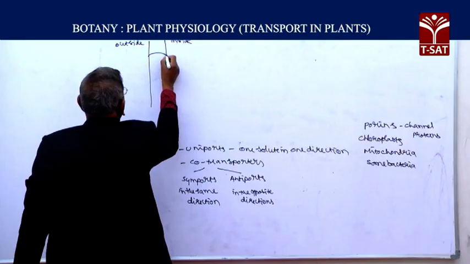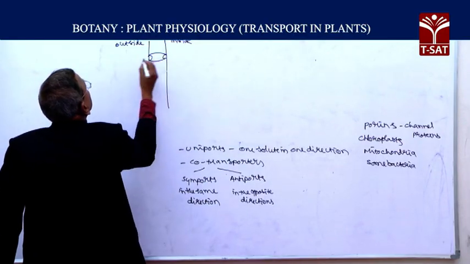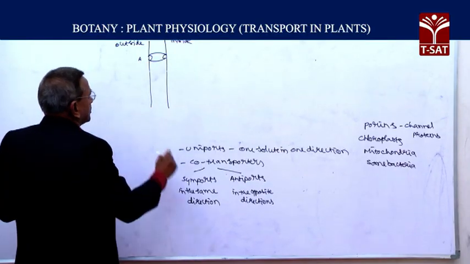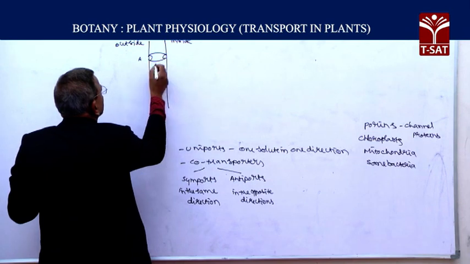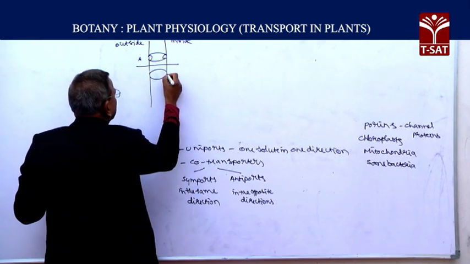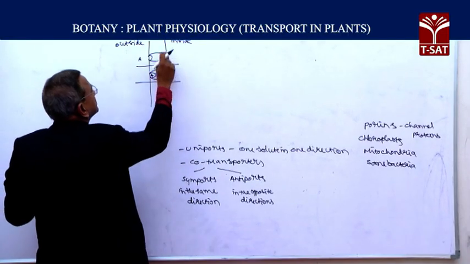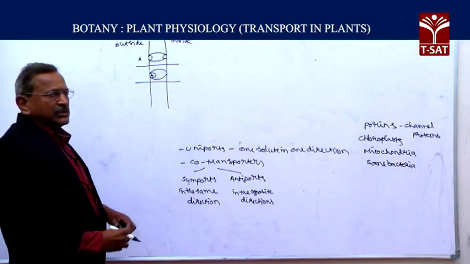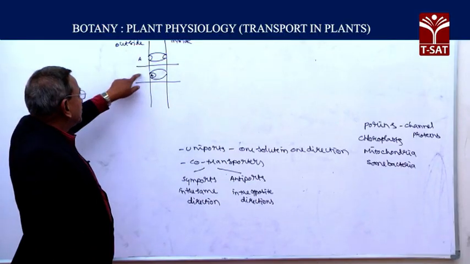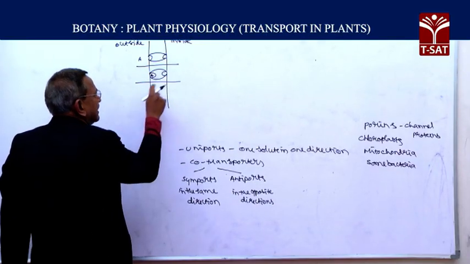This is the carrier protein and this is the solute to be transported across the membrane. So first the solute binds to the catalytic site of the carrier protein. So this is the first event. There is a solute to be transported available outside the membrane. This binds to the catalytic site or active site,